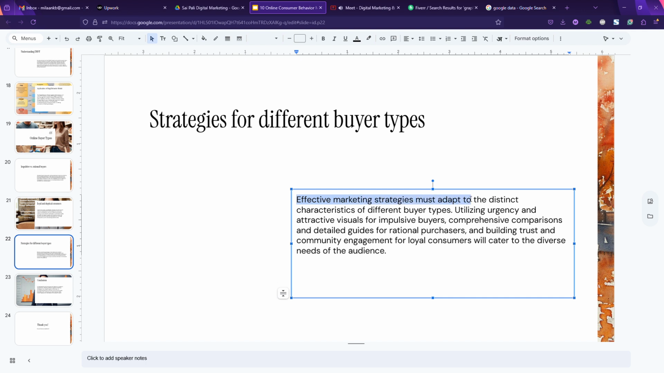So, strategies for different buyer types. Effective marketing strategies must adapt to the distinct characteristics of different buyer types. Till now we have not made any strategy. It's just the perspective that we are looking into, that strategies are required, and that it's not just about boosting one post. It's utilizing urgency and attractive visuals for impulsive buyers. Utilizing urgency as in